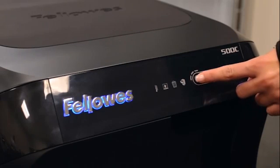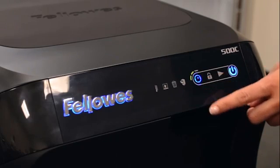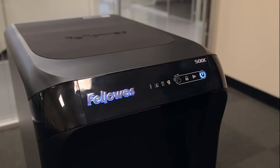The blue time delay icon, available only on the 500C, indicates that the time delay feature has been activated and that a shredding job has been scheduled for a later time. The drawer open and bin open icons indicate that the drawer or bin door is open and needs to be